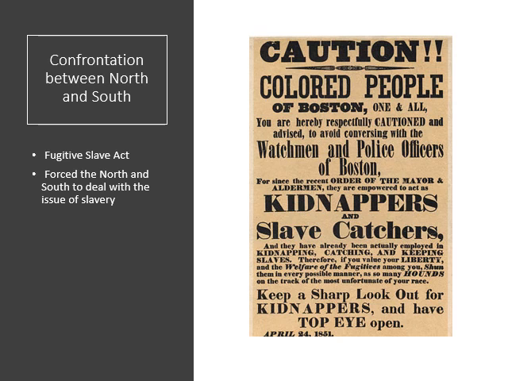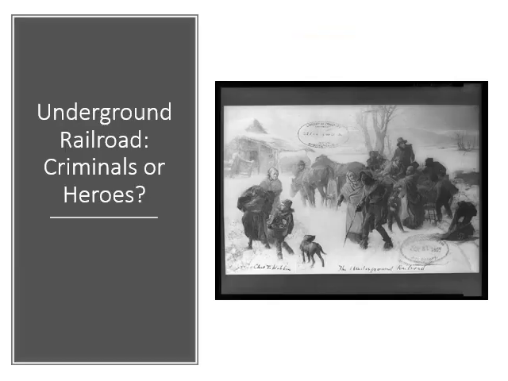So this is saying if a slave leaves a southern state and makes their way to a northern state, Northerners have to help capture that slave and bring them back to their owners in the South. See something like this, the Underground Railroad. Remember Harriet Tubman, the story we heard, helping runaway slaves to get to free lands.